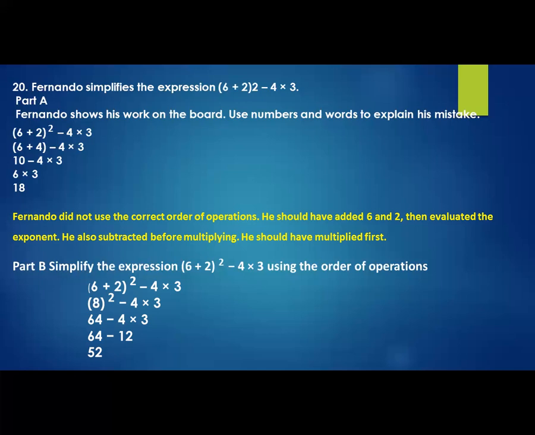So remember how to evaluate exponents, the order of operations, and how to evaluate an algebraic expression, how to identify the terms of an expression, then how to combine like terms, and how to find equivalent expressions using properties of addition and multiplication. Review all these concepts thoroughly and go through this review PowerPoint, and you'll be able to do the quiz very nicely. Okay, all the best, good luck.